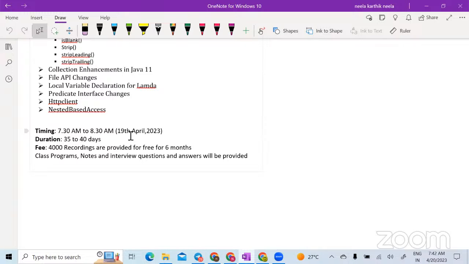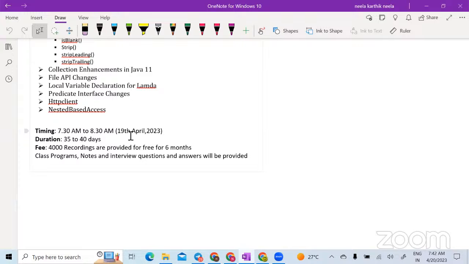The recordings will be provided free of cost for 6 months. The reason we are providing recordings for free is, from Java 8 onwards, the programming is completely different. When I explain the streams, lambdas, everything looks good. But due to office work or something, if you are not able to practice, it becomes difficult at a later point of time. But if we provide the free videos, you can watch them later